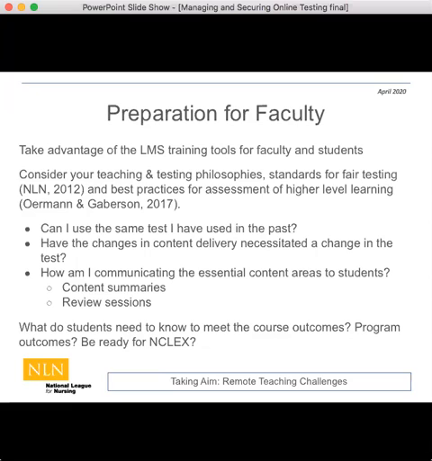I teach in the community college setting. Many of my students are second career, second degree, older, and have children at home, and they're trying to manage that as well as keeping up with school. Because of that, I've noticed that they really haven't been able to focus like they may have in the past.